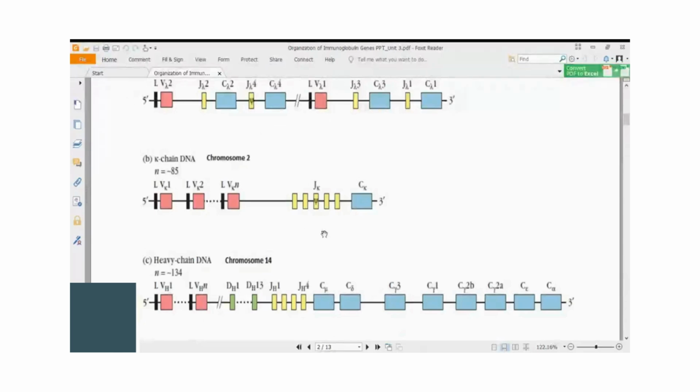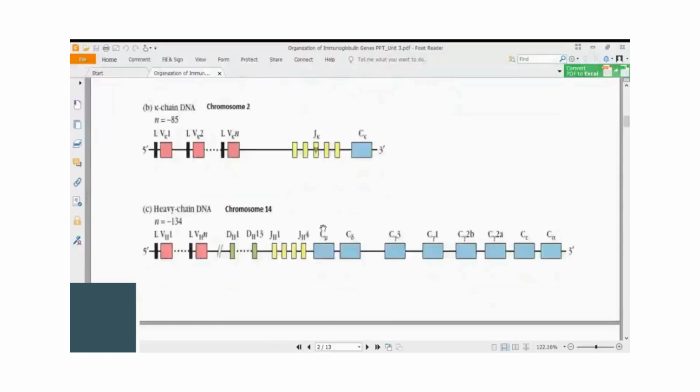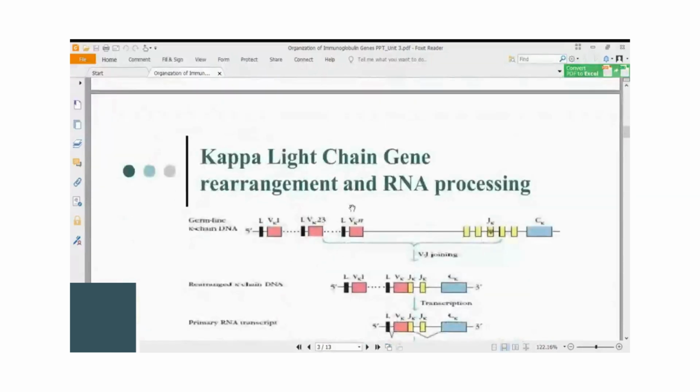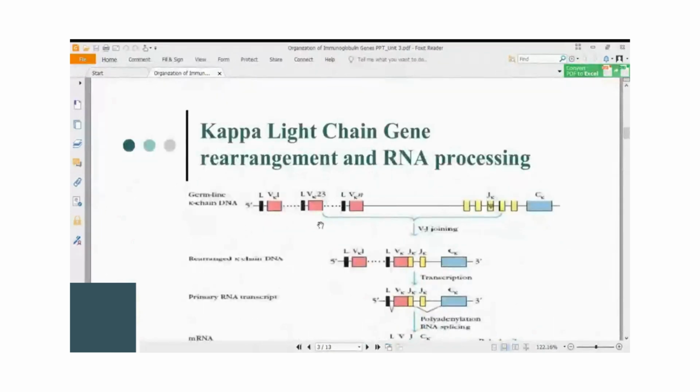The germline gene arrangement shows recombination to produce the receptors on the B lymphocyte. First, I will take up the kappa light chain gene rearrangement and the recombination. So, the variable region genes are present at the 5' end in clusters. Now, how do they recombine? By joining with the J and then with the C, and that recombination is called